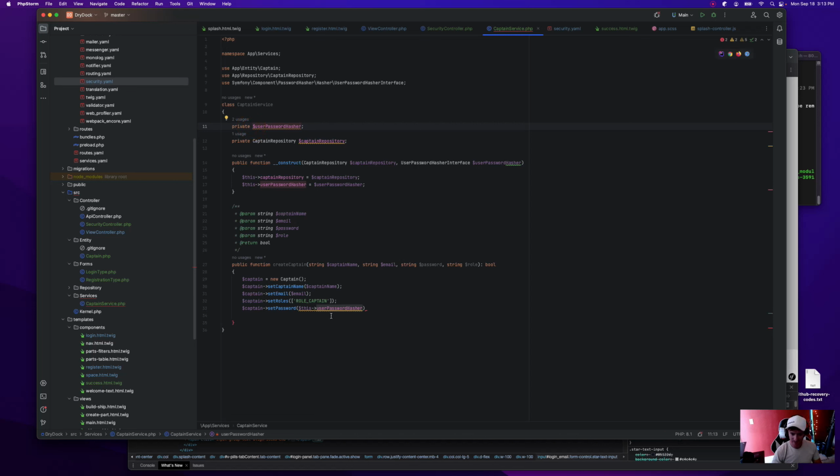I think it's just a PHPStorm thing that it's not recognizing autowiring like that.